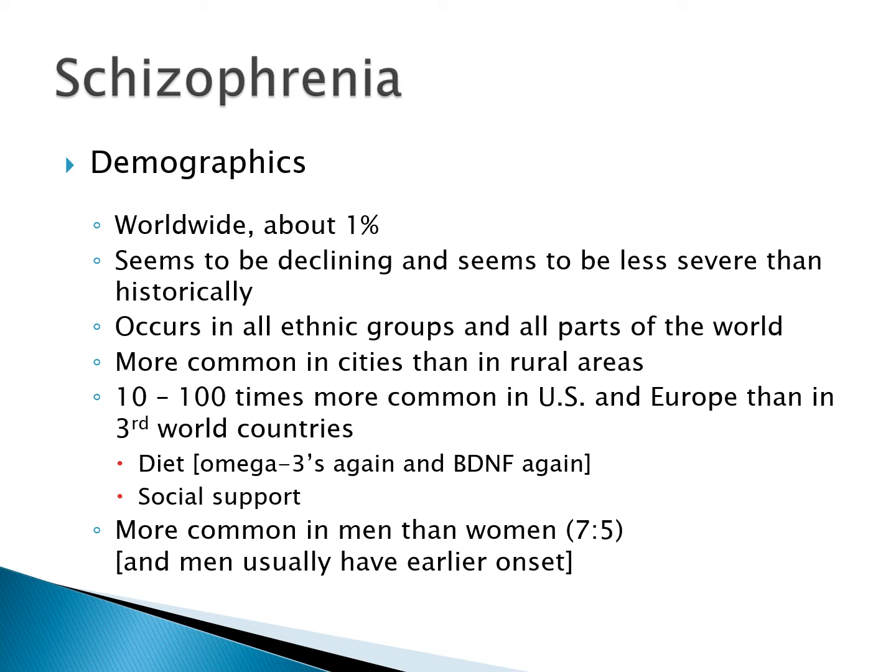potentially parts of the problem, although a lot of those problems are intermediate or low in correlation with schizophrenia. We don't see anything that's really highly correlated with schizophrenia, but we do see more environmental pollutions and toxins in cities than in rural areas, but we also might see more social stress in some ways. So again, it's hard to tell what's going on exactly there, but it's definitely more common in cities than rural areas. It is 10 to 100 times more common in the United States and Europe than in developing nations.